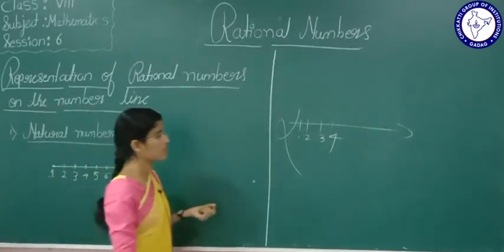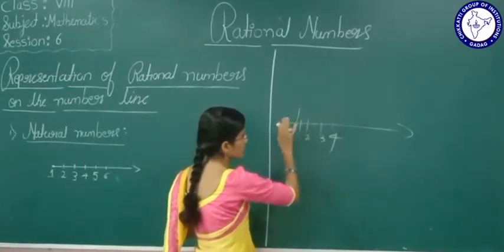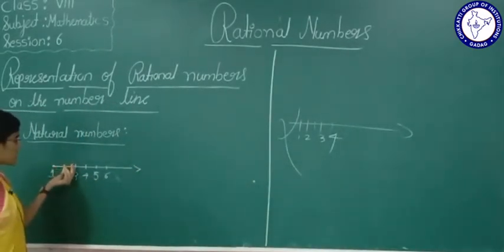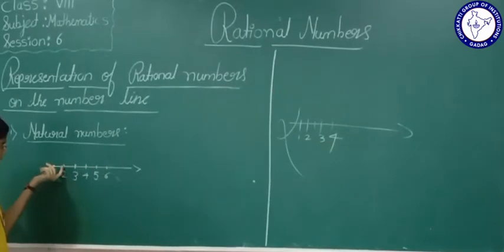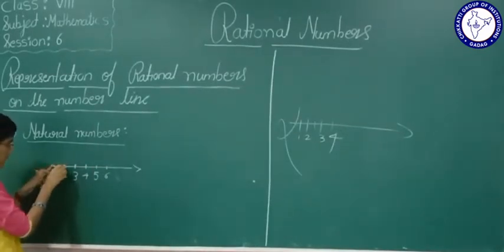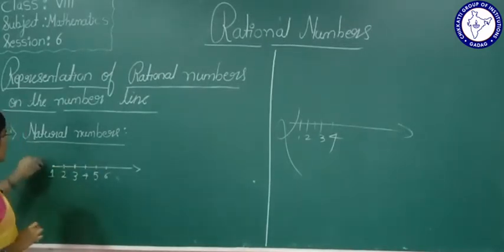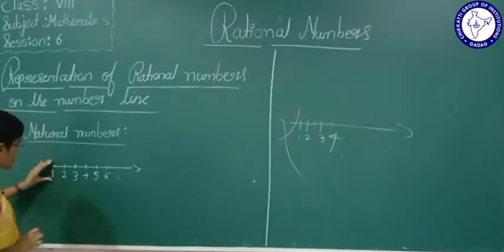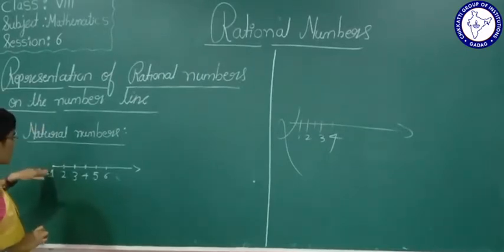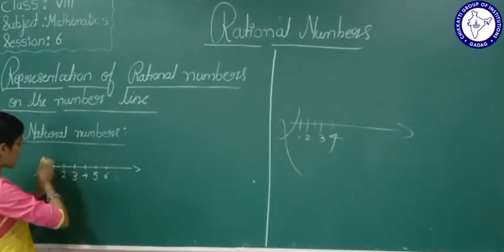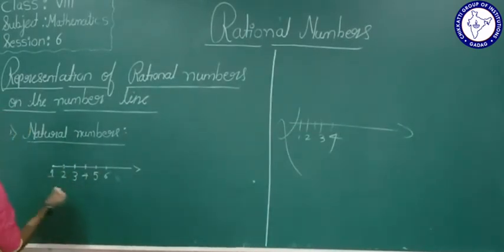Wherever you want, if you write a number, definitely this is not a number line. You have to maintain a fixed distance. How much you take in the first part, the same thing you have to maintain here. Now see here, natural numbers start from 1. So this is the representation of natural numbers on the number line. See here, the line extends indefinitely from the right side of 1. Yes or no? So what about whole numbers?